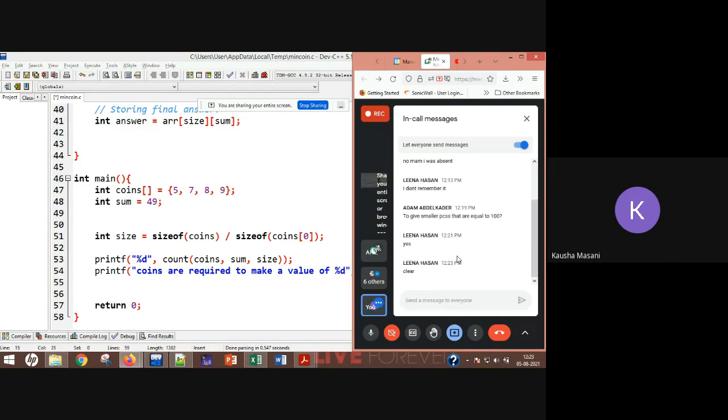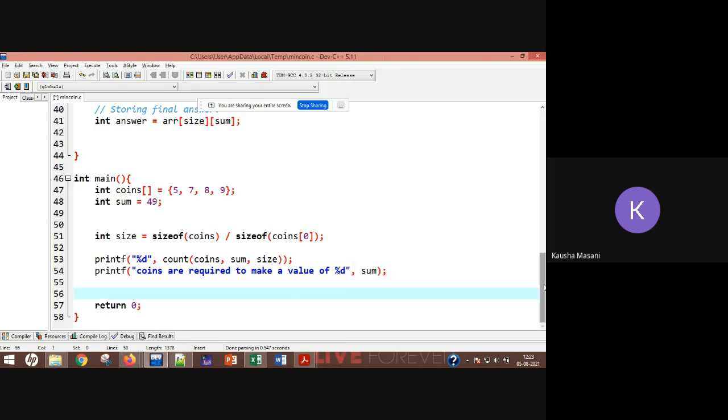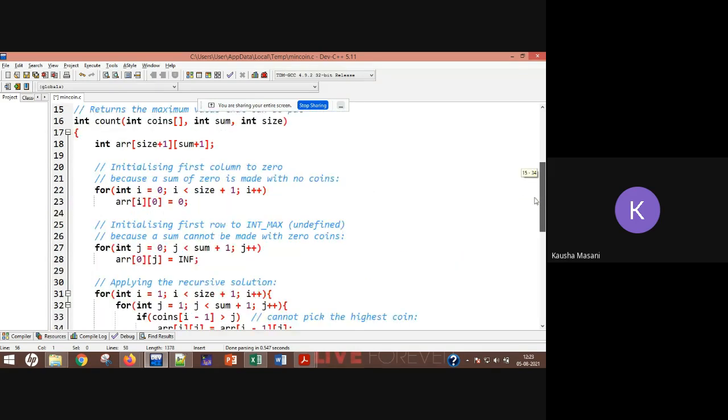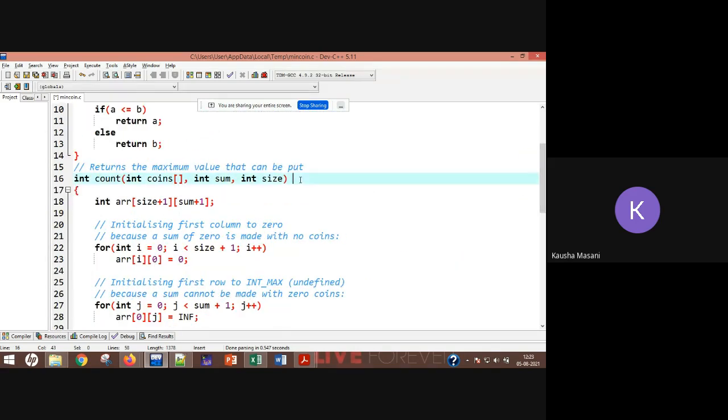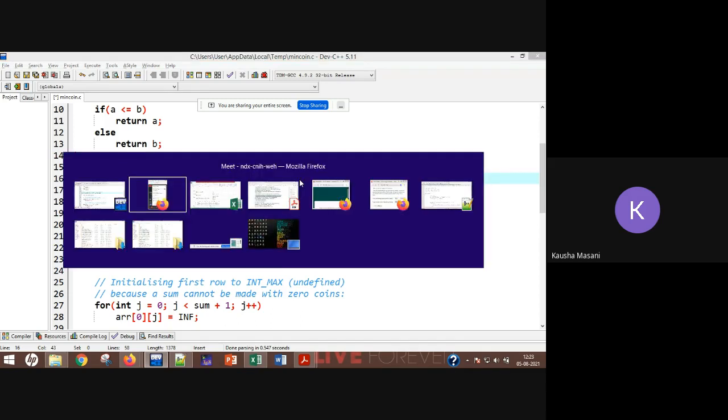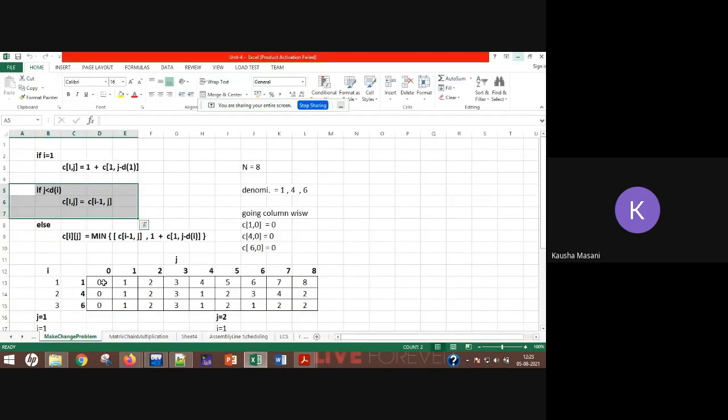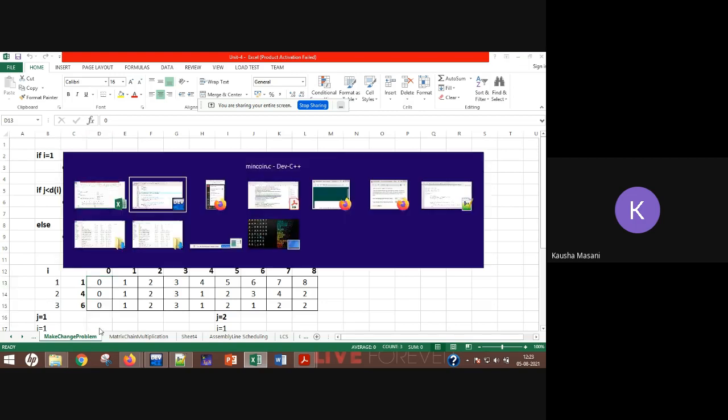Now when I call the function count, the program goes here. And it is counting the number of coins that I am supposed to have to make the change of rupees 49. So first you take the array size and initialize it to 0.